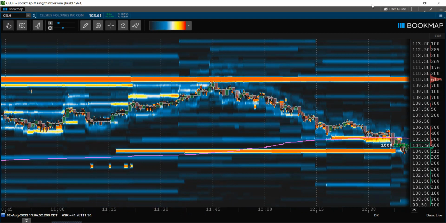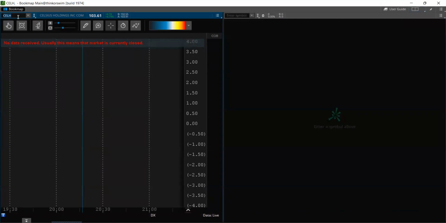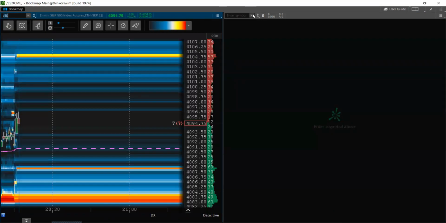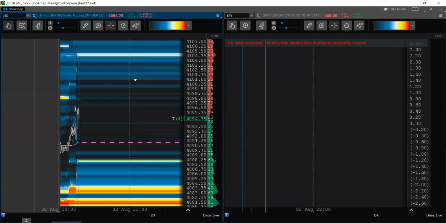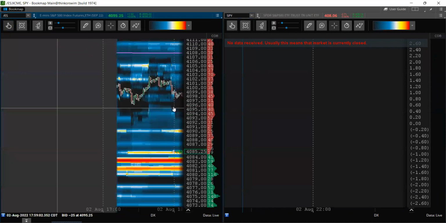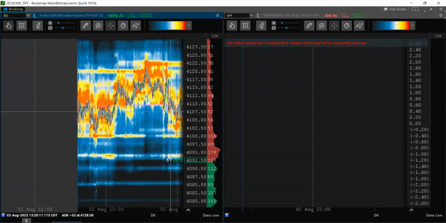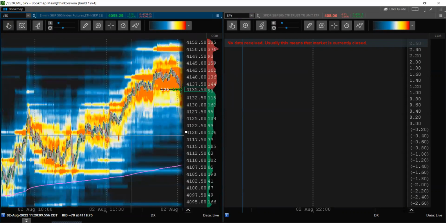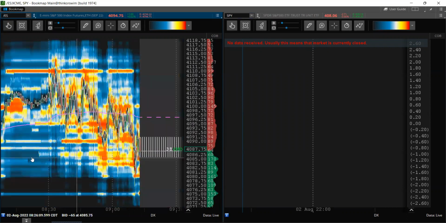Good example there. Another thing I wanted to show you is how you could have used the S&P today, the ES and the S&P, to predict the overall market, because I'm sure most of you know that SPY or ES is the lead dog in the stock market. Now, that's not guaranteed every single day, especially whenever you're going into earnings or something like that. But the majority of the days, if you can predict which way SPY or the ES is likely to go, you can do very well